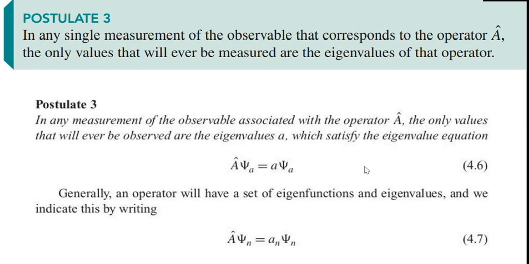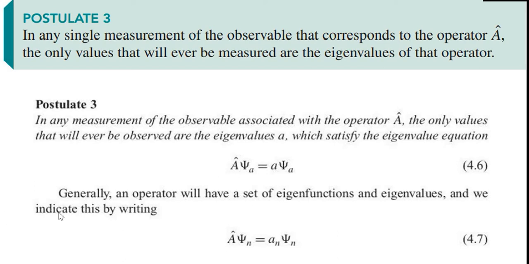the eigenvalue equation. So suppose a number of eigenfunctions are there, psi 1, psi 2, psi 3 and so on. Similarly, the eigenvalues are small a1, small a2, small a3 and so on. Now, if the system is described by these wave functions, this set of psi, then if you try to measure that property, that is capital A, its value, then you will get only the eigenvalues. In a single measurement, you will get one of the eigenvalues, that is small a, not any other value.